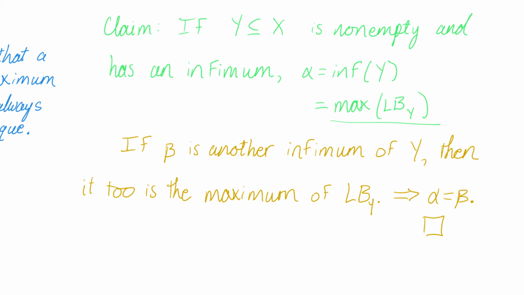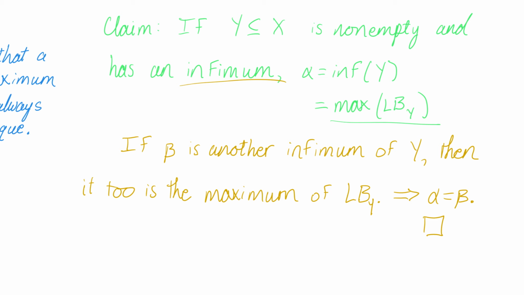And of course, this claim about the infimum is mutatis mutandis the same for the supremum: the statement of the claim and the proof, substituting appropriate things in appropriate places, goes the same way. And therefore, I take this to also prove that the supremum of any set is unique,